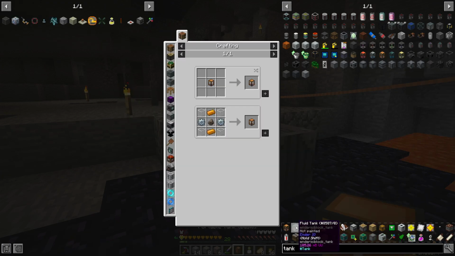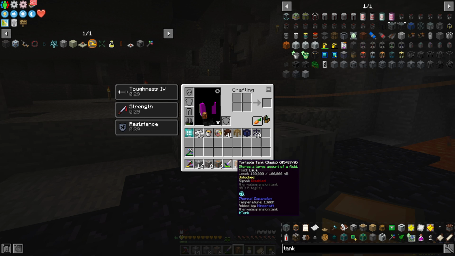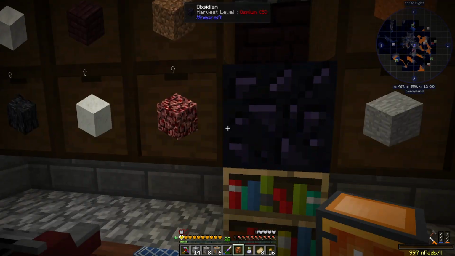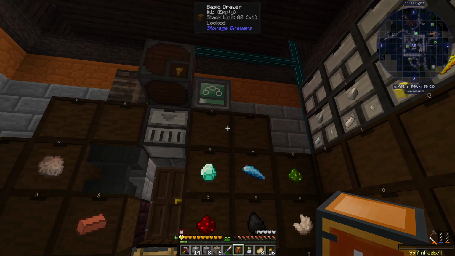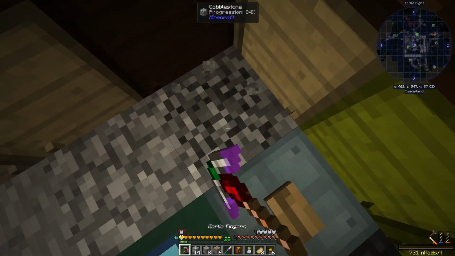I had a quick look at this recipe. And this tank's much easier to use. Oh my goodness, level 100,000 millibuckets. That's a lot of buckets, jeez. So yeah, the goal is to swap these lava sources back and forth, right? What would be kind of cool, maybe, is